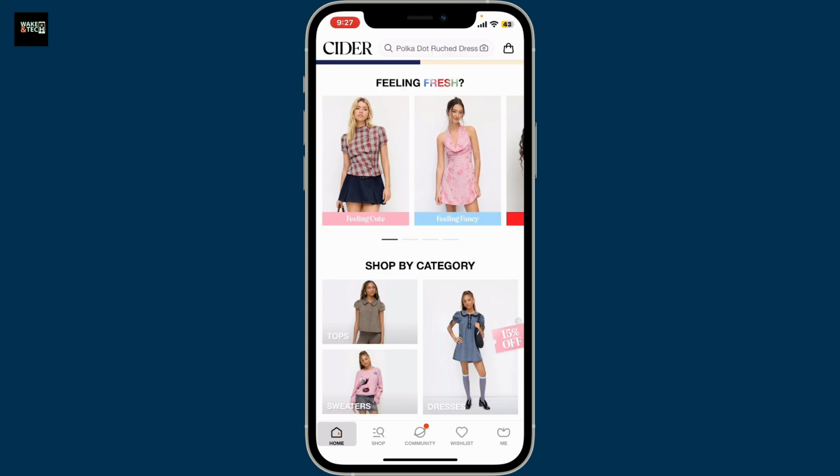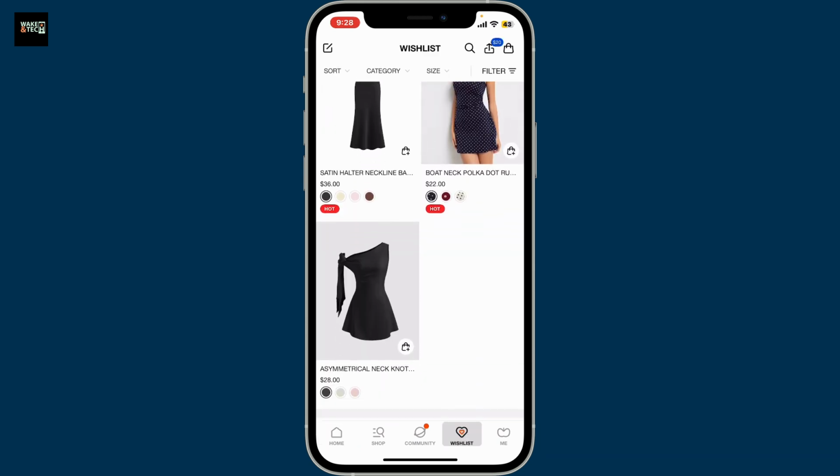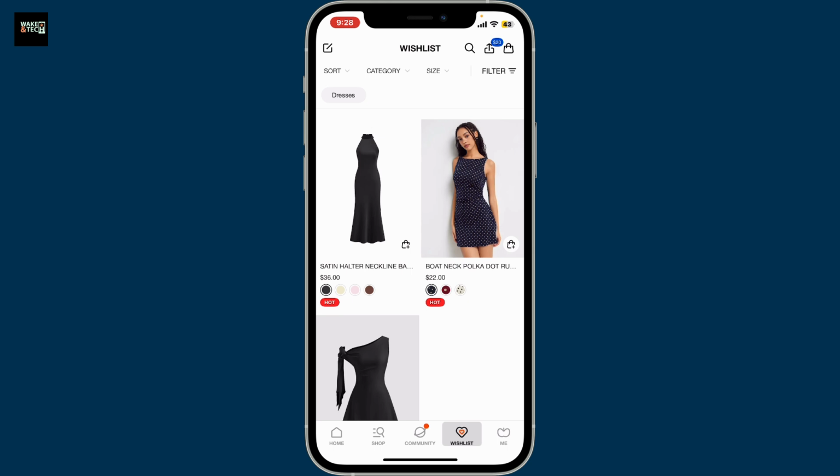Now, in order to get to your wish list, go to the home screen and tap on the wish list button at the bottom. And that's how you can easily add an item to your wish list on the Cider application. Whether you are revisiting style picks, sharing ideas with friends, or saving for later, the Cider app's wish list